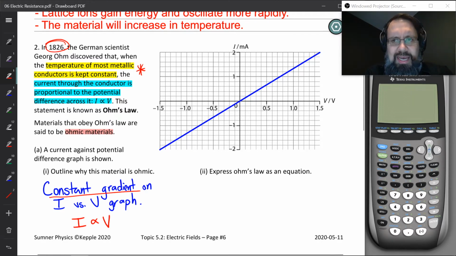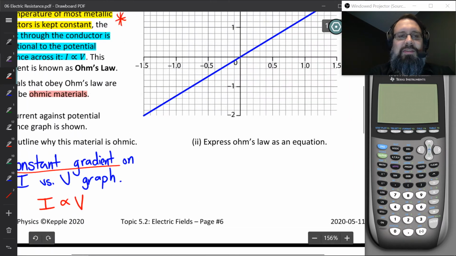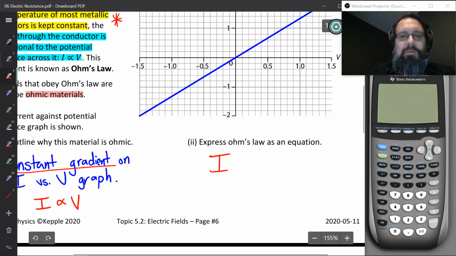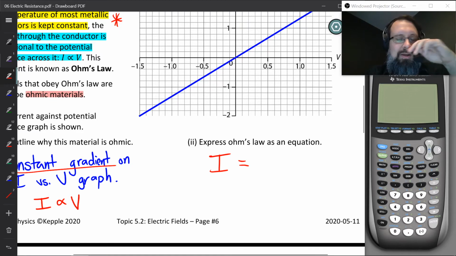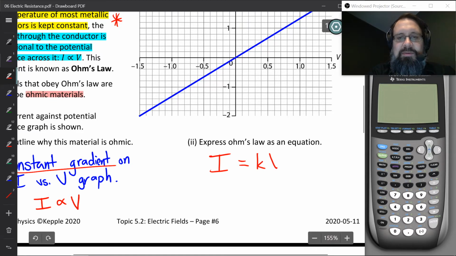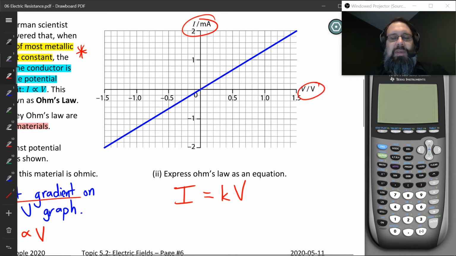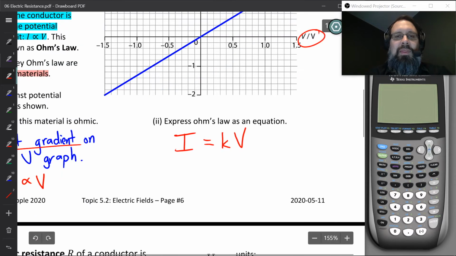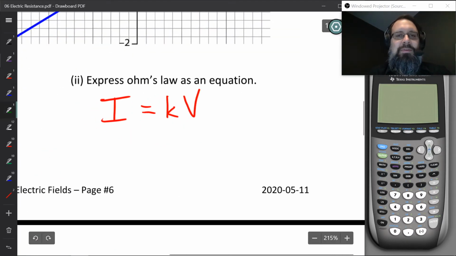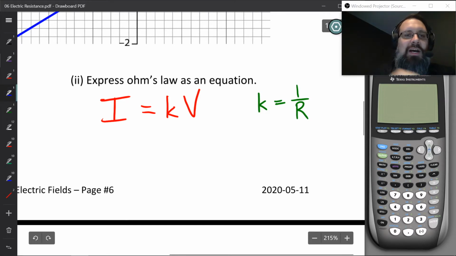All right, express Ohm's law as an equation. What Ohm's law is basically saying is that I is equal to some proportionality constant, I'll just call it k, times V. We can see that right here. This is just the equation of a line, y equals mx plus b, with y being the I and x being the V, so y equals mx. So k is just some proportionality constant. It turns out that k is equal to 1 over this quantity that we call the resistance. So the equation for Ohm's law is I is equal to 1 over R